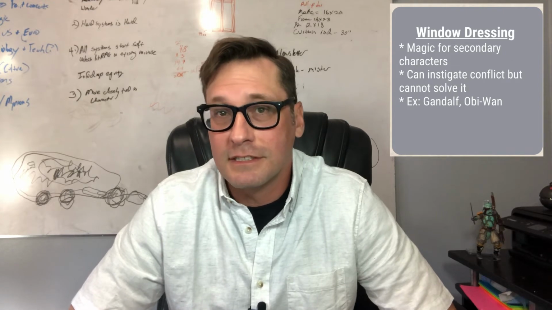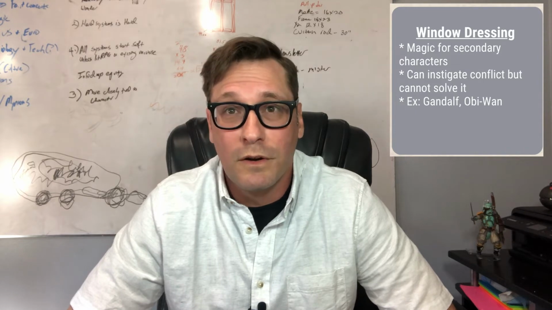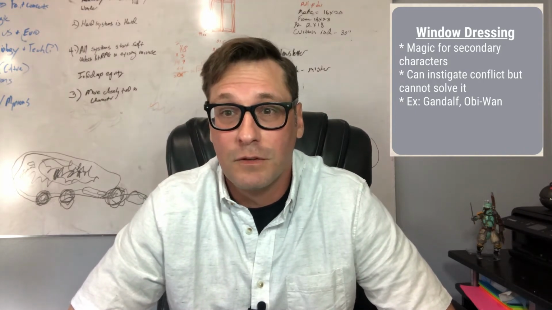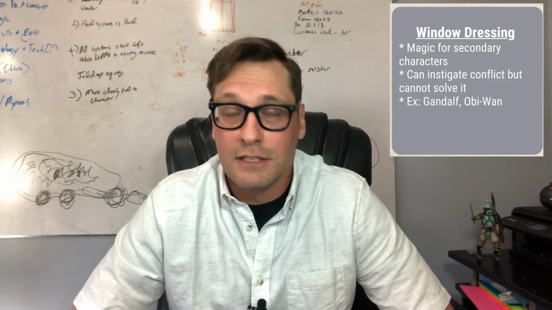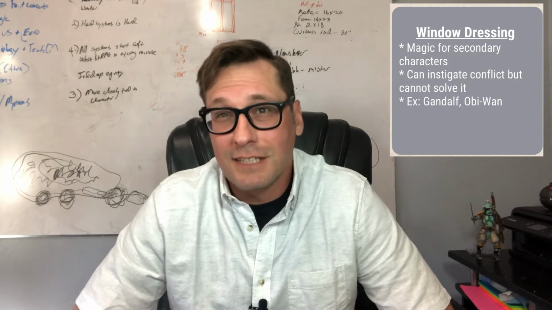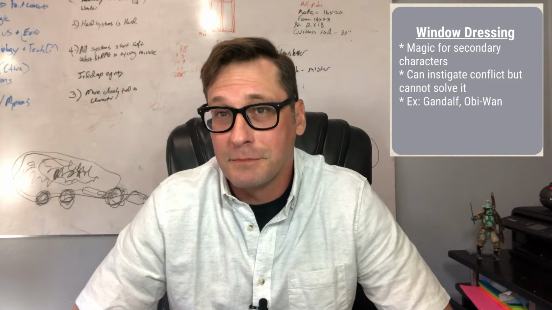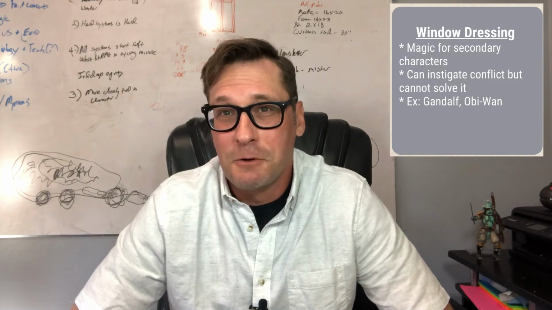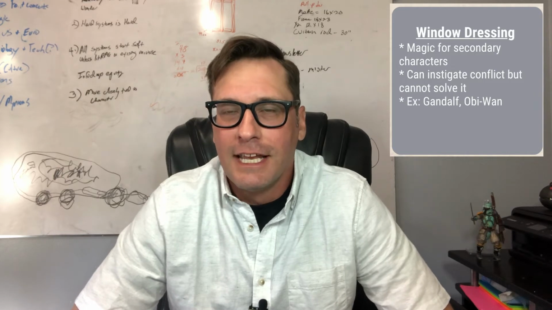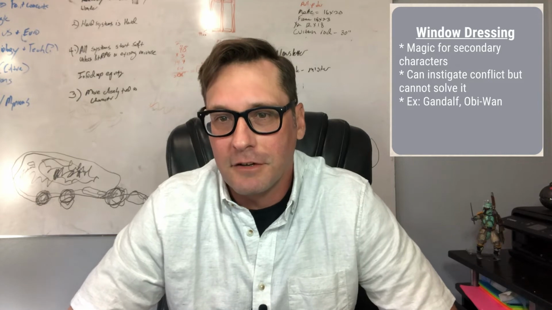As magic exists, it's exceedingly soft, the character doesn't understand it, so the magic adds a sense of wonder and horror, disquiet, and it's something that Conan has to deal with without fully understanding it. This is, again, window dressing. It's there to make the world look cool. This is kind of also the Gandalf conundrum, and because it does look cool, the character's powerful, but he can't really solve the problem. He can't summon the eagles to fly the hobbits there. He can't solve all the problems unless it's involved with a character arc.